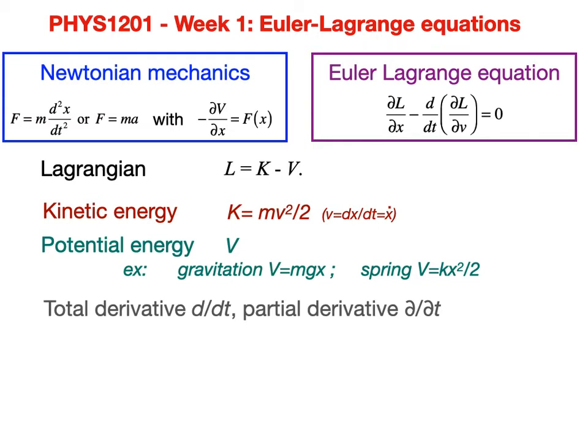But importantly also how you get a force from a potential, because this relationship between force and potential is important to show the equivalence between Newtonian mechanics and the Euler-Lagrange equation. So as you can see in the Euler-Lagrange equation, you have a bunch of quantities which we need to define. The first one is a Lagrangian, and you have seen that this is a difference between the kinetic energy